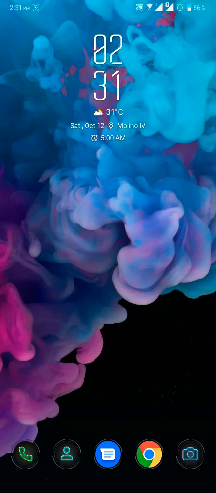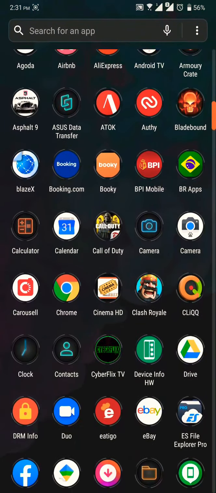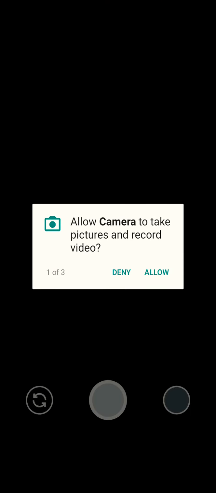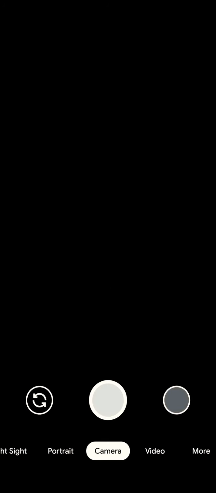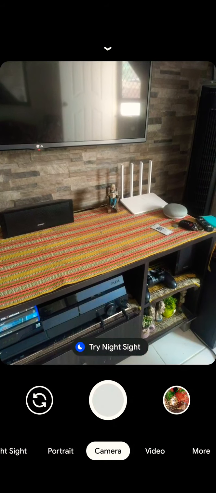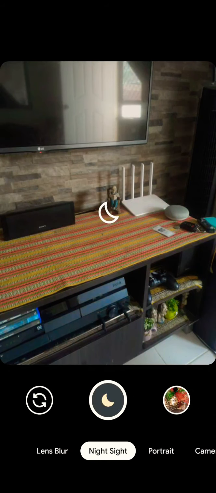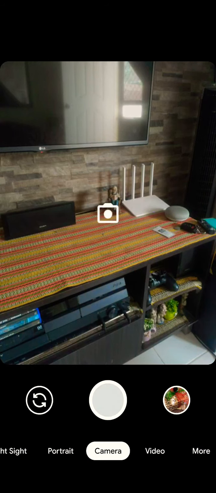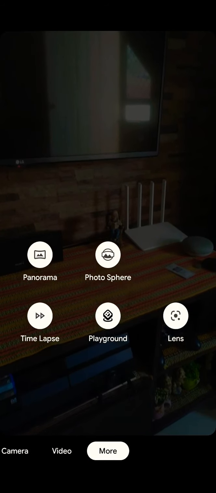So you have installed it already. Just look for it in your app, Gcam. Just allow. So there, as you can see, it's working. Night sight, camera, playground,